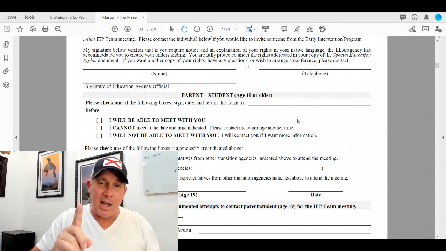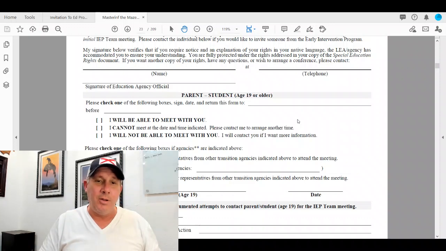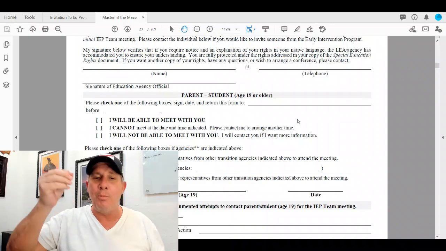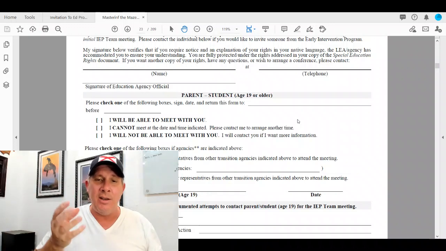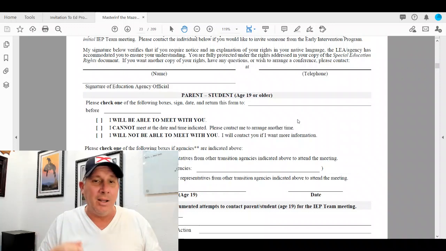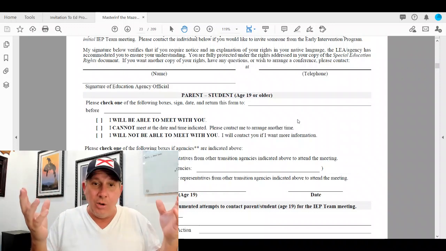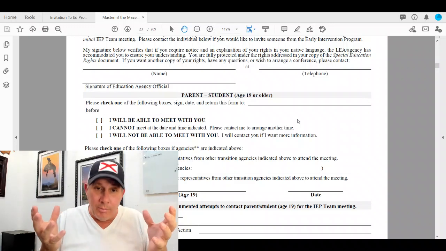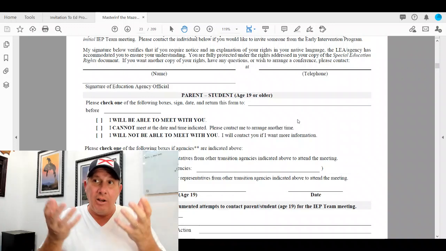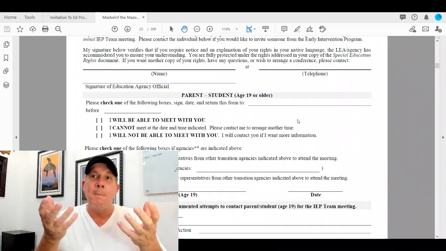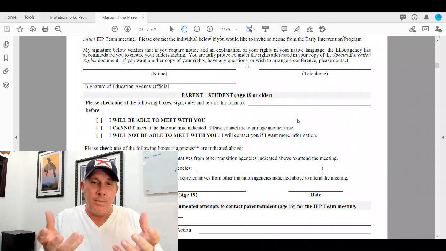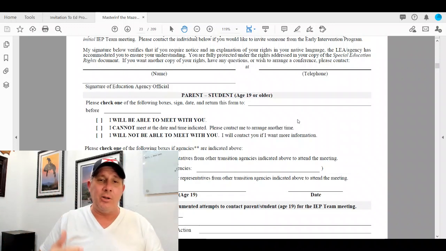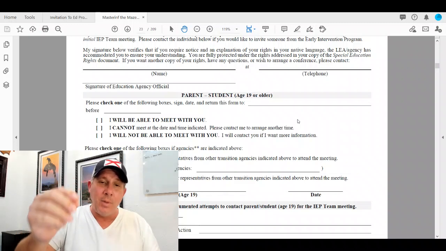But at the same time, safeguard yourself. There's going to be schools that violate the law all the time, either on purpose or out of ignorance. And it's not necessarily malintent, guys. It's just ignorance. Somebody trained them wrong. And that is a frequent area where they're trained incorrectly as far as interpreting the word convince. All right? You can safeguard yourself as a parent by filling out these forms when you receive them, and